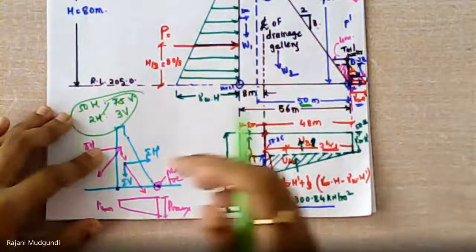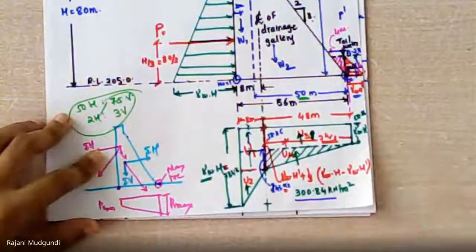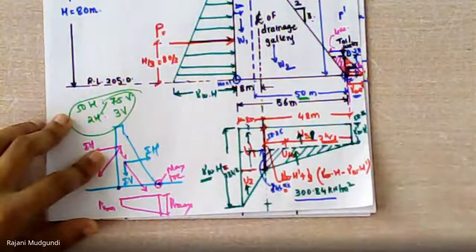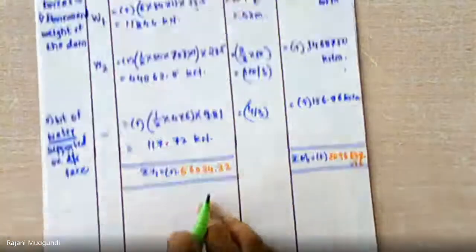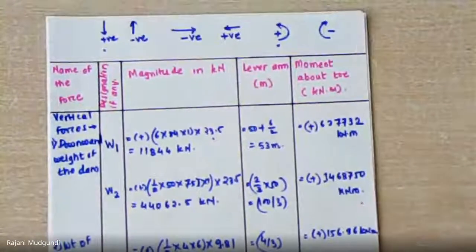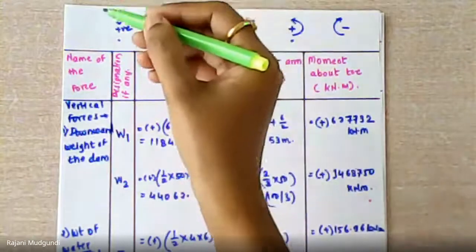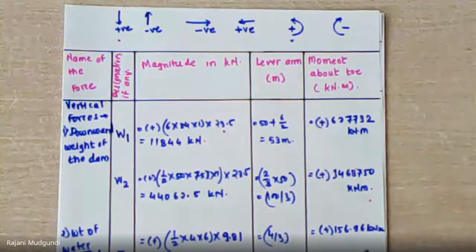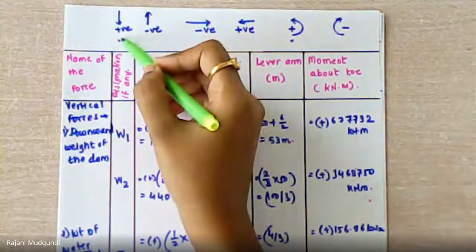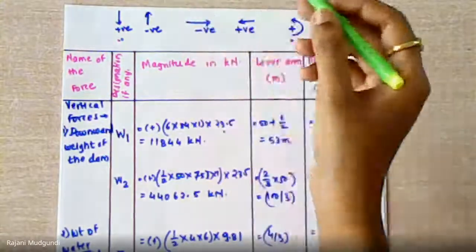As per the recommendations, the values are to be taken and plotted appropriately, and you have to consider the drainage galleries provided, right? Then one by one we have calculated all the forces in a tabular form, mentioning the sign conventions correctly. The stability of the dam will depend on the self weight. So all the forces which are acting vertically downward are positive.